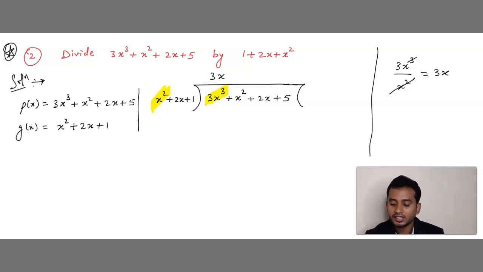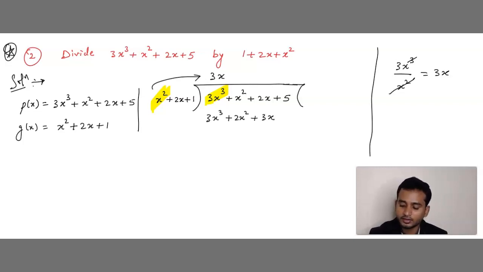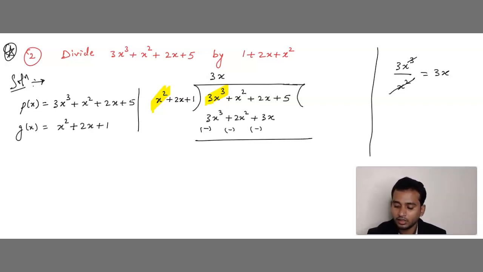Now multiply x square into 3x. We have to multiply these terms with this. x square into 3x, 3x cube. Plus into plus, plus 2x into x, 2x square. Plus into plus, plus 1 into 3x, that is 3x. Now this is plus, it becomes minus. Again this is plus, this becomes minus. Again this is plus, and this also becomes minus. This 3x, if you want, you can write here also. Either you write on the top or on the right hand side, both are one and the same.